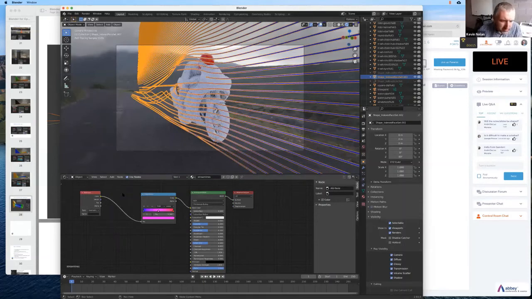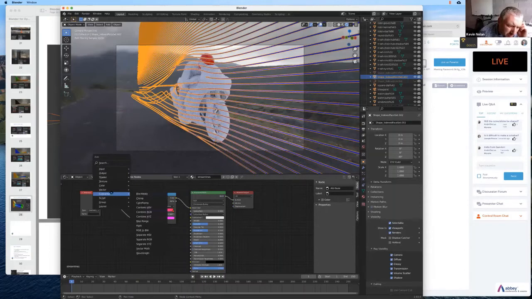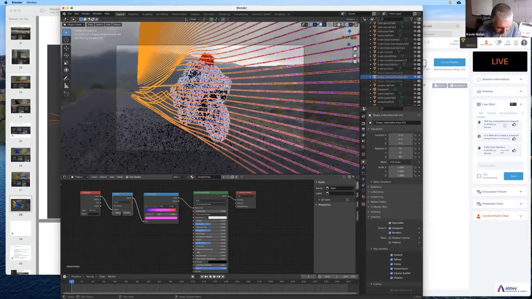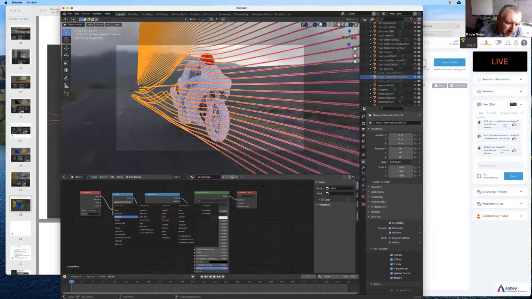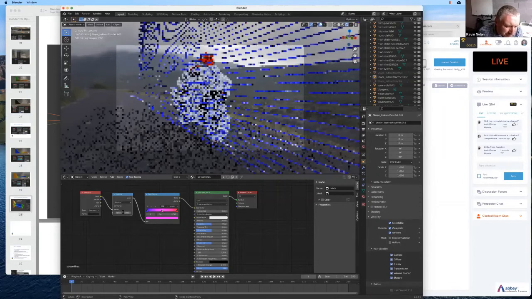So what you might want to do is go into your converter and add a math mode. And we can multiply these velocities by whatever we want, and we'll get a change in color, if you like. And of course, we should probably call it the right name. That would also help. So you have a lot of control over